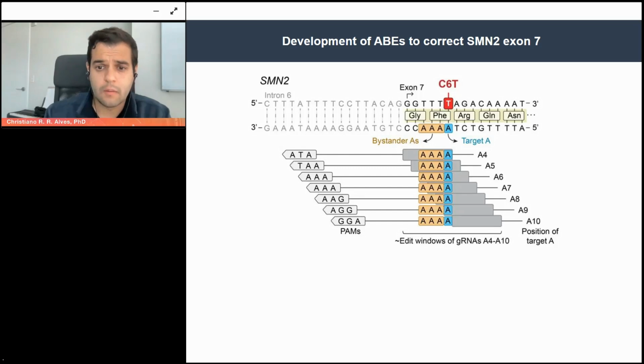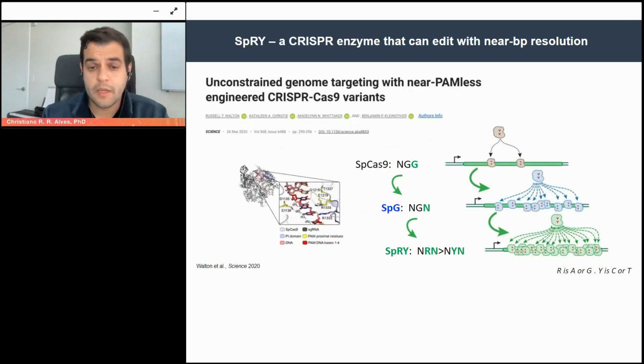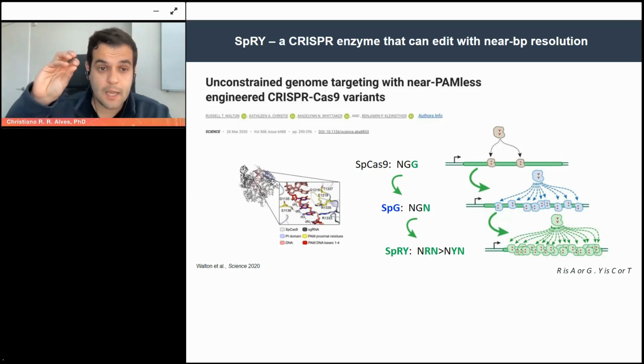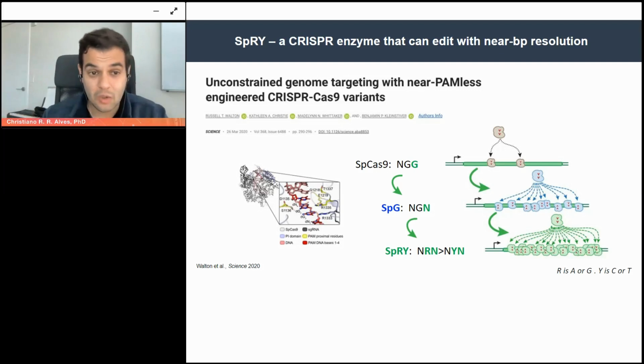First of all, I want to share this information from Ben Kleinstiver's lab, the lab where I'm working. This was published in 2020 in Science. The idea here was to develop a Cas9 variant that was not limited by the PAM site it recognized. We call this SpRY, S-P-R-Y, which is the last one on this slide. You can see an enzyme that could recognize pretty much any location in the DNA. There is a trade-off, because it could also produce more off-targets, and we'll talk about that later in the presentation.